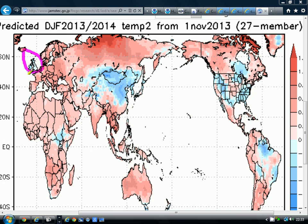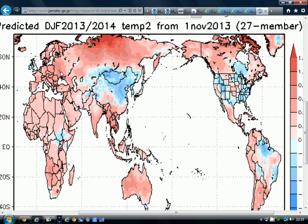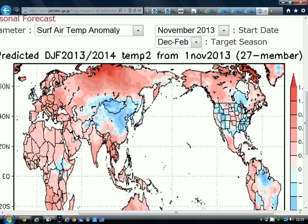So we're actually coming out very close, or maybe even very slightly below average, but most of Europe above average. Now what's interesting about this, I don't normally do this, is that there is an extensive write-up that goes with this that you can see on the JAMSTEC website, and they've sort of caveated this temperature forecast a lot, because they're saying